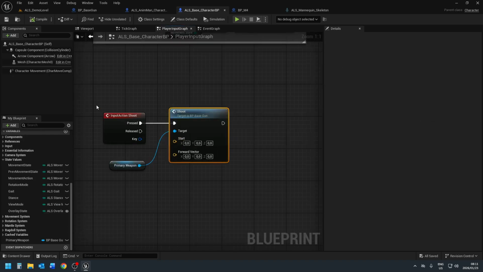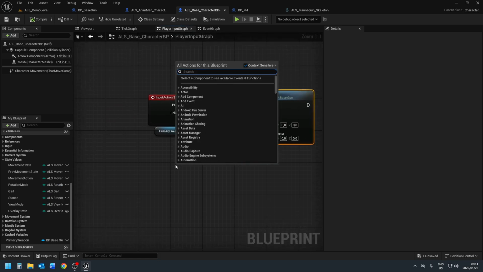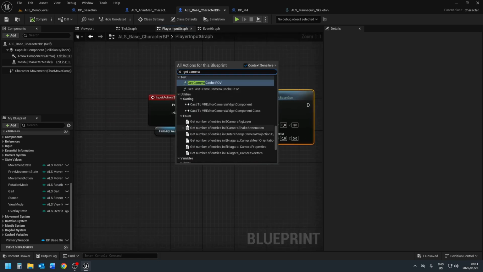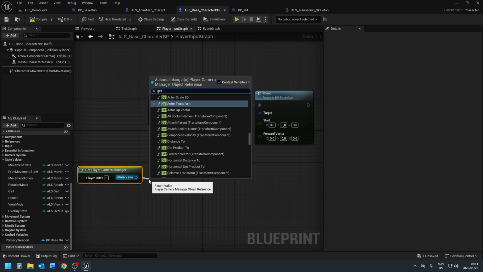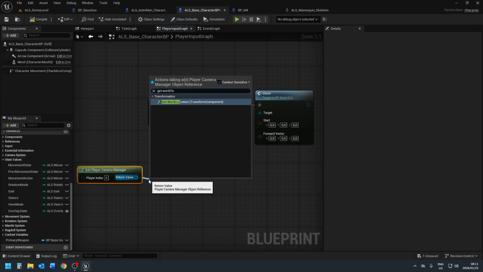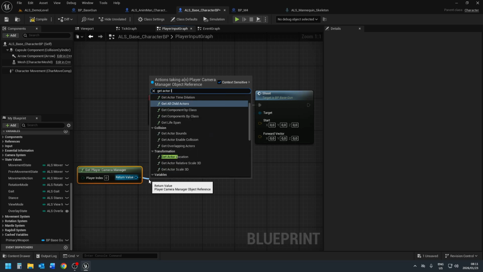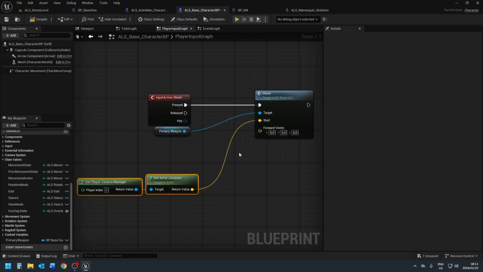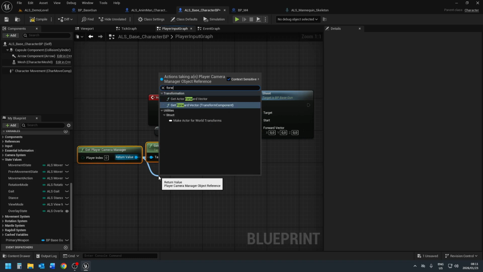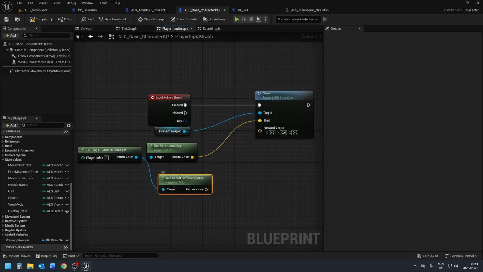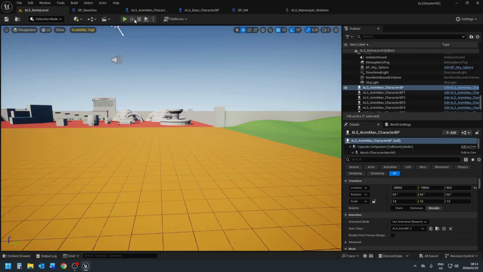The start will be get player camera manager, get world location, get actor location, and the forward vector will be the player camera manager's forward vector. Okay, now if we play